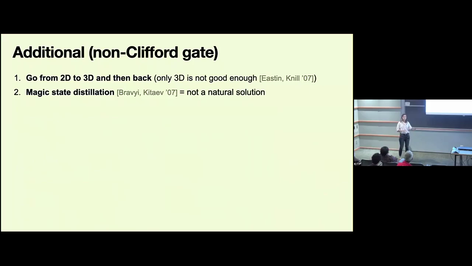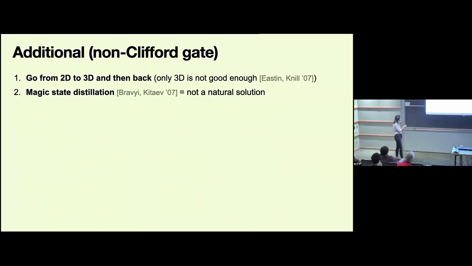So now we need to combine dimensions. We need to work in both 2D and 3D, and we need to switch there and back, and we need to prove a threshold, and it does actually work, but it's very inconvenient. And again, working with three-dimensional architectures is clearly less nice than working in 2D.